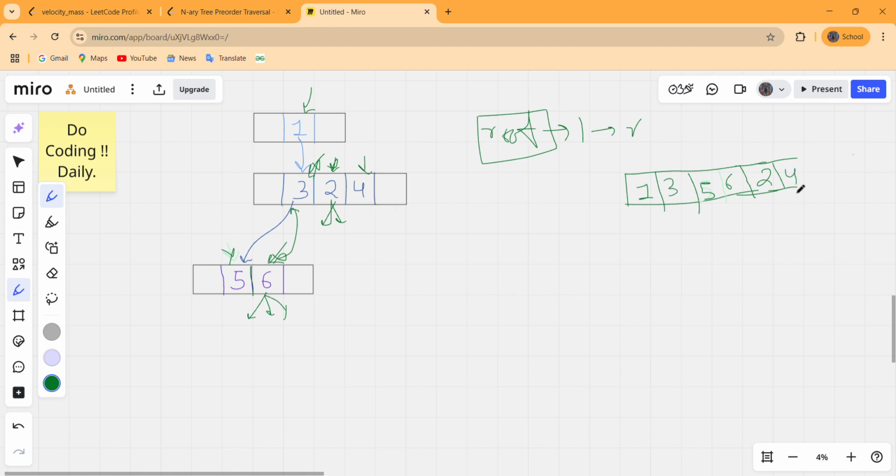This will push 4 into our answer and try to explore its siblings, and as we can see that there are no siblings left, just return to the parent call.